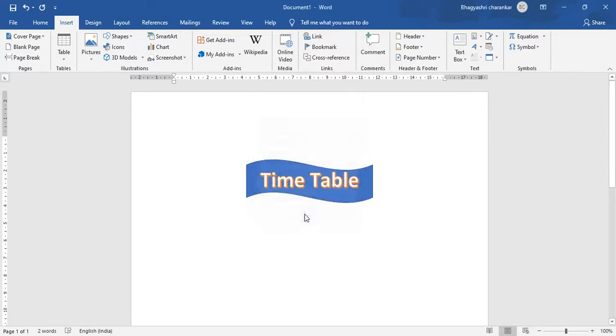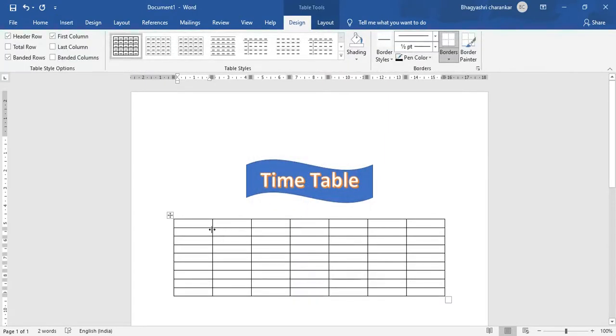Here I'm going to click on the OK button. The table is ready here. You have to adjust the table width if you want. Now, once you enter the data into the first cell, for going to the next cell, you must press tab on your keyboard. It will make you go to the next column or next cell.